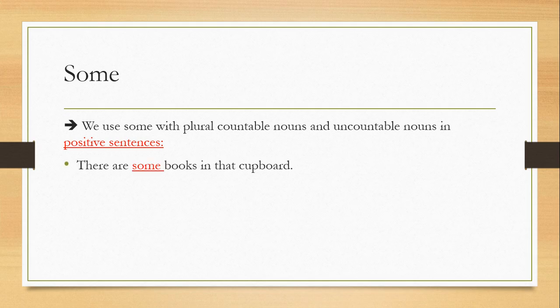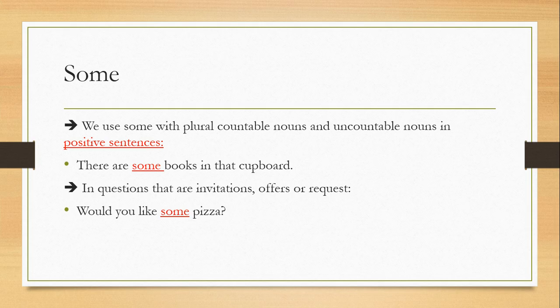For example, there are some books in that cupboard. As you can see, books here is plural, so we used some. We cannot say there are some book. No, it should be plural if it's a countable noun. And yes, we can use it with uncountable nouns, and uncountable nouns do not have a plural form. So we use again some in questions that are invitations, offers, or requests. For example, would you like some pizza? Okay,